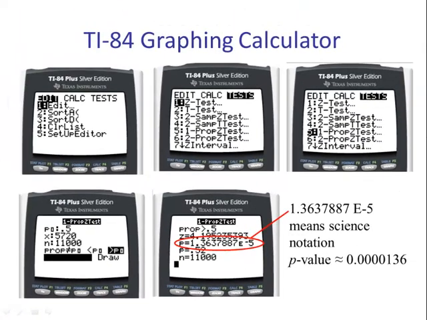Now the p-value is written in scientific notation, and basically 1.3637887 e to the negative 5 means we need to move the decimal place 5 places over, and the p-value is approximately 0.0000136. It is a very small number. So even though StatCrunch, Minitab, and the graphing calculator all have different values of p, in the big picture, we're going to come